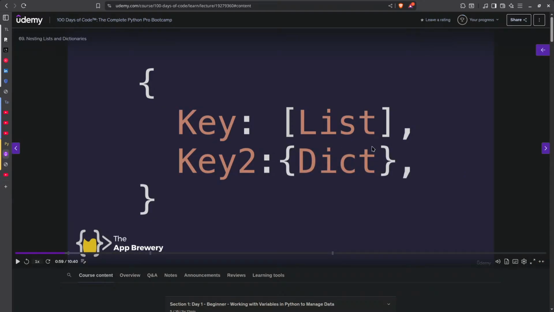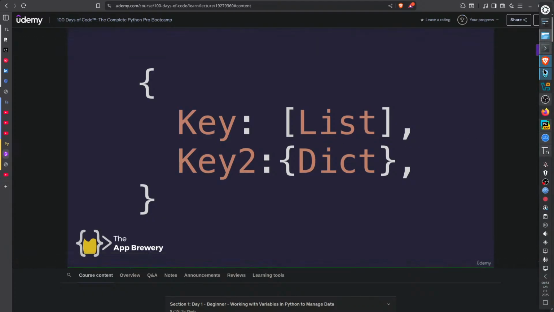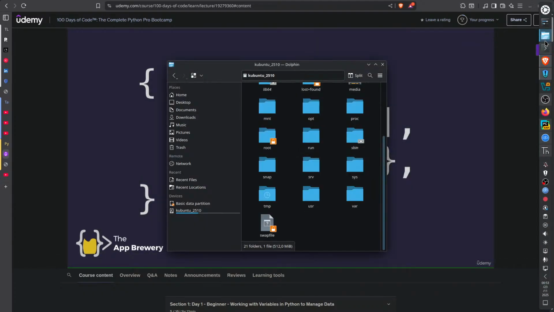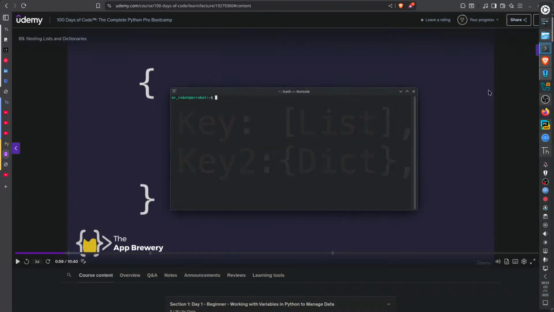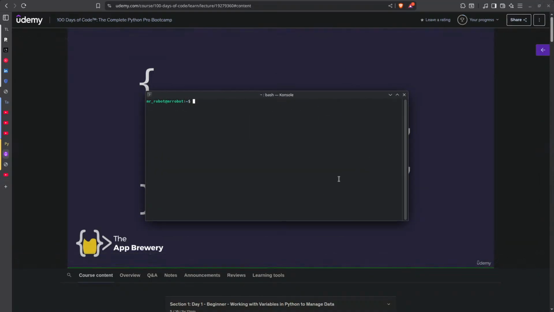So here we could have an integrated dictionary, a dictionary inside a dictionary, which is interesting if you have big sets of data that need structure, like a folder. Maybe we're going to use the terminal. Okay, hold on a second. So maybe we're going to go to the